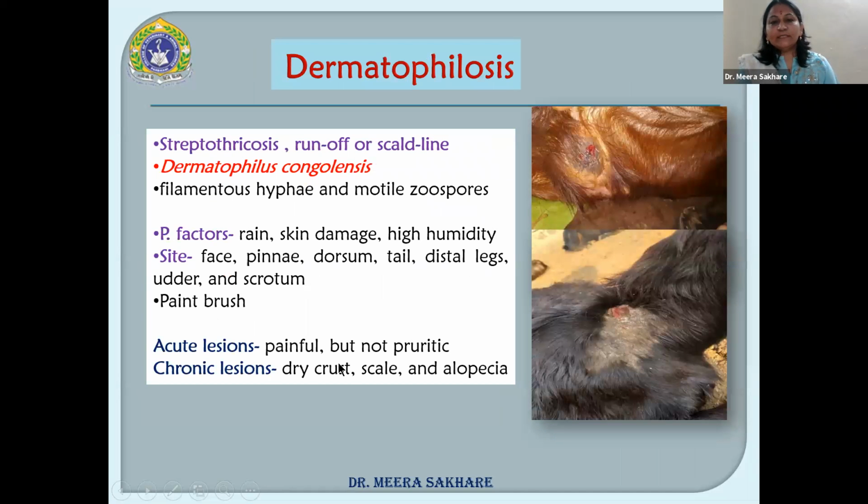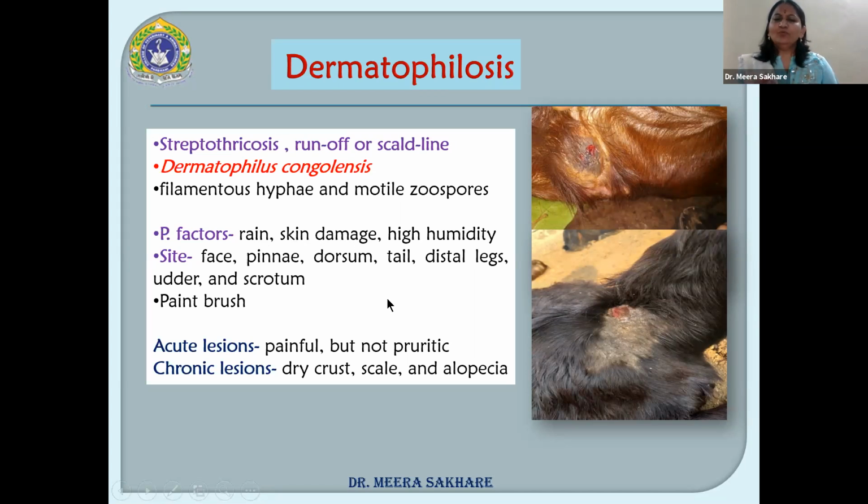Then third is dermatophilosis. Again, it is one of the bacterial diseases. Nowadays, it is frequently found in large animals and small ruminants also. It is commonly known as streptothricosis, rain scald or lumpy wool. It is caused by the bacteria Dermatophilus congolensis. These are the filamentous hyphae, and it has motile zoospores. Mostly these bacteria are normally present, but whenever there are predisposing factors like a prolonged wet area, during the rainy season, or damage of the skin,